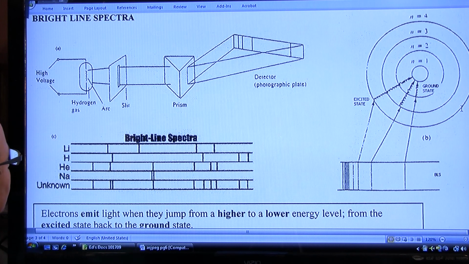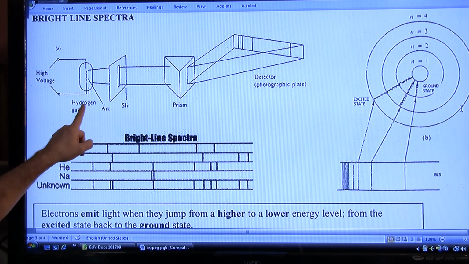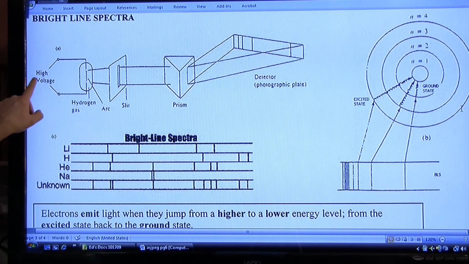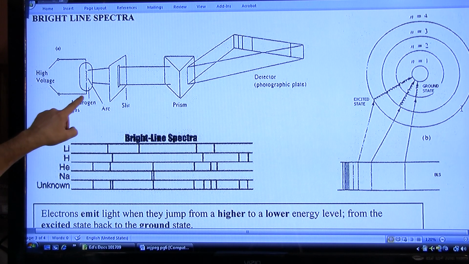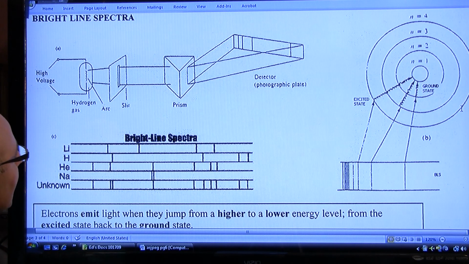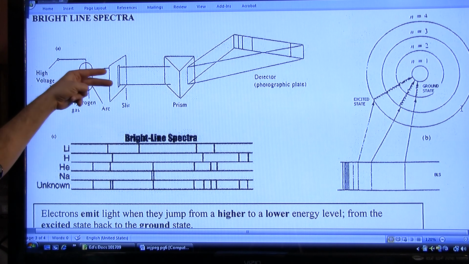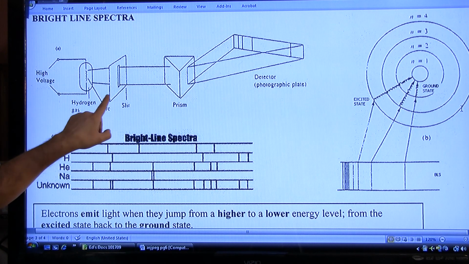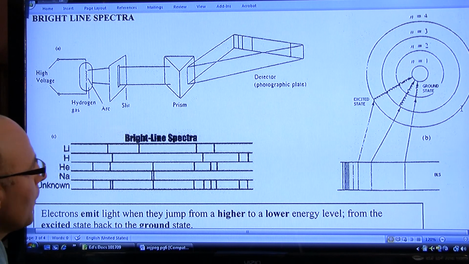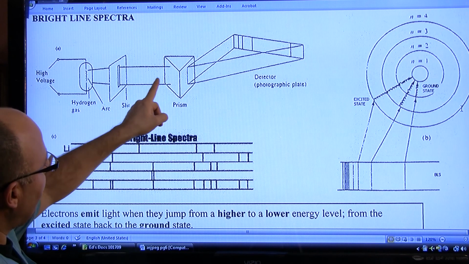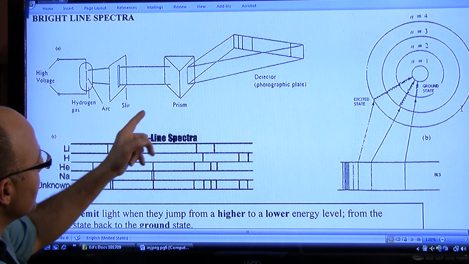So what happens is that in this example here we have illustrated a hydrogen discharge tube, and you have high voltage. The electricity passes through the hydrogen gas, and this may have been demonstrated in class. And what happens is then that light that comes out of the hydrogen is channeled through a narrow slit in this instrument called the spectroscope, which then makes that light pass through a prism, and that glass prism